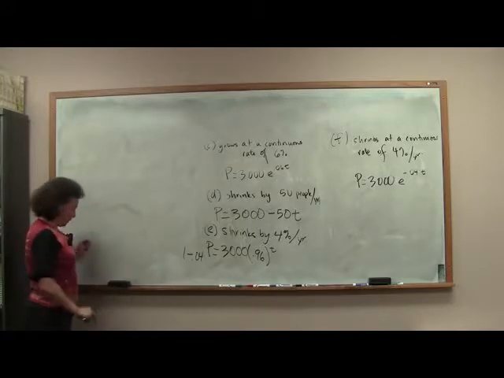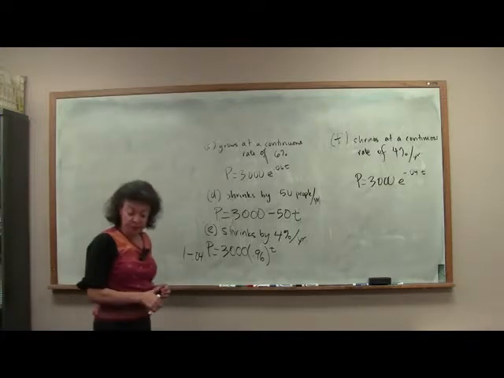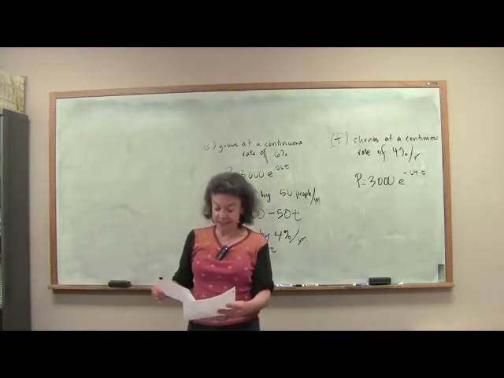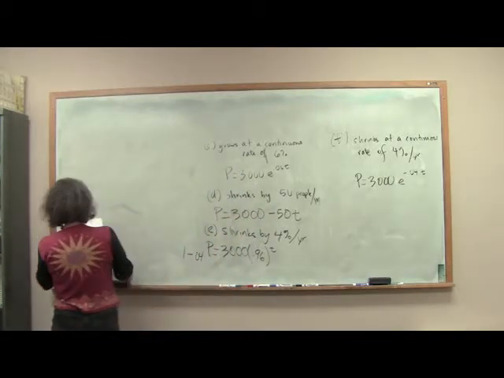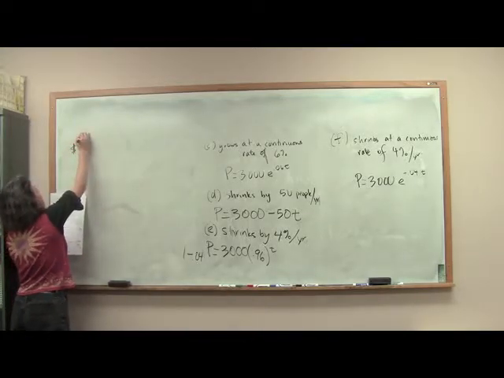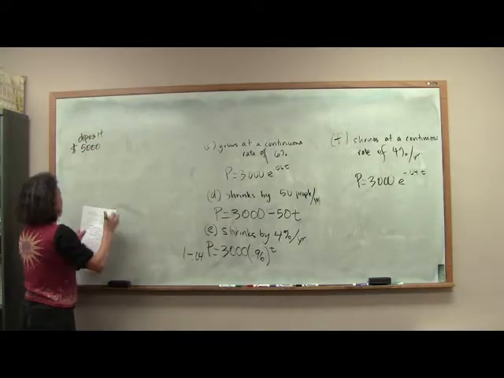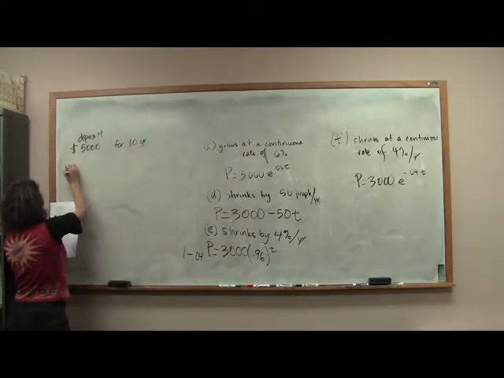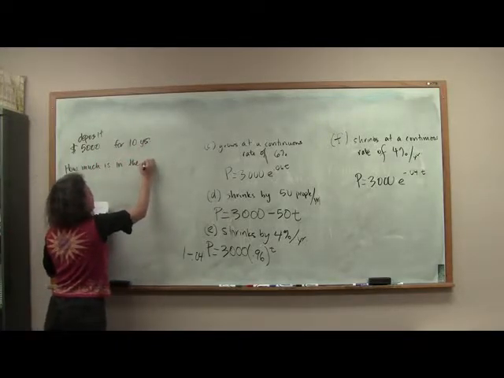Now, as I mentioned at the beginning, one of the things that we're going to be doing is compounding interest. And the moment you see in a problem that interest is compounded continuously, then you want to use this formula. Let me show you an example, okay? Suppose we deposit $5,000 for 10 years, and we want to know how much is in the account